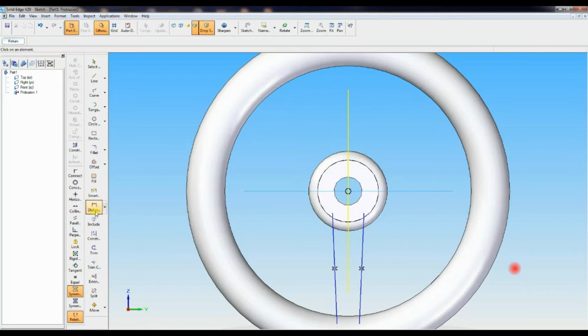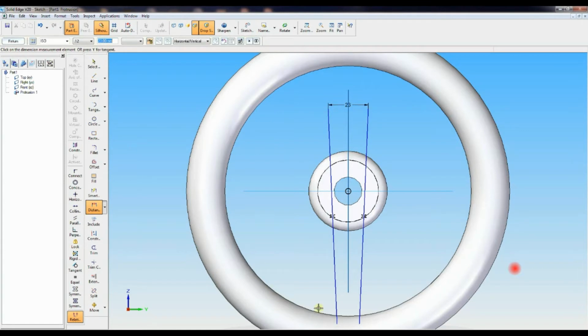Then with the help of distance between, the distance from that to that should be 23 mm, and the bottom end should be 20 mm.